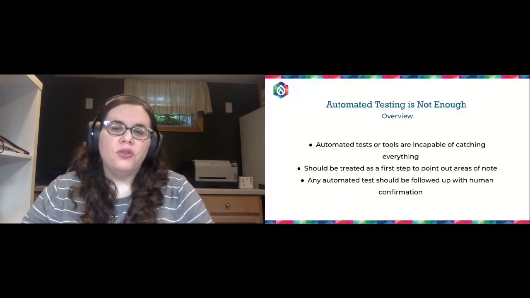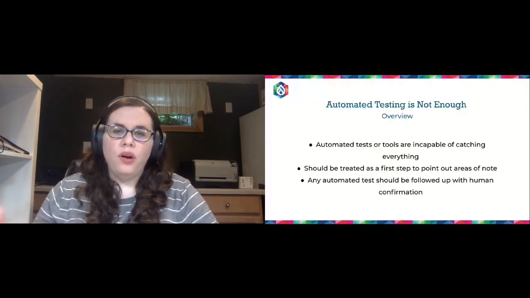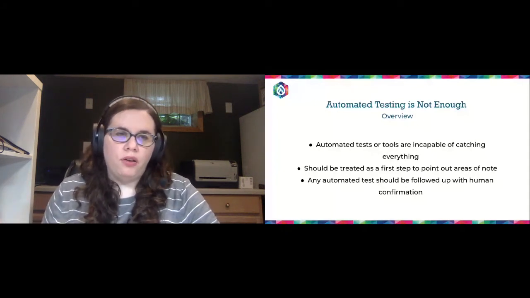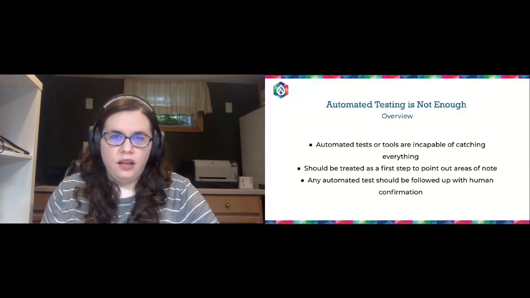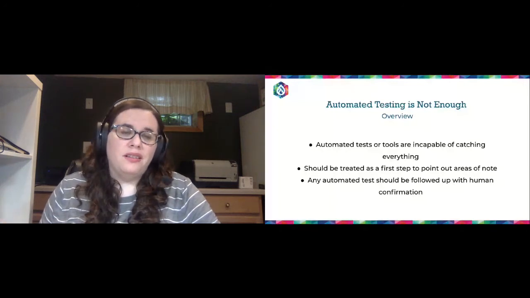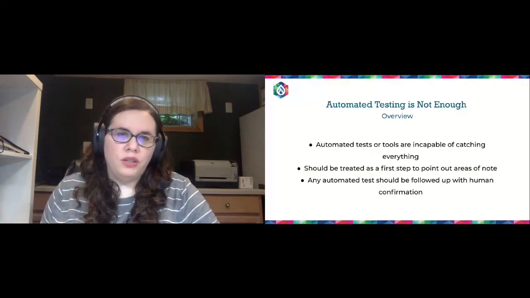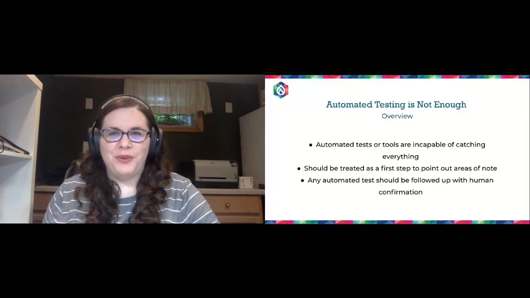And so you should treat any sort of automated test as the first step. It'll point out areas of note, point out things that you should be aware of, but they should always be followed up with human confirmation. And another reason that automated tests really aren't the only thing you should be doing is there have been examples of people building websites where they intentionally have made it as inaccessible as possible, but it gets perfect scores and checkers.